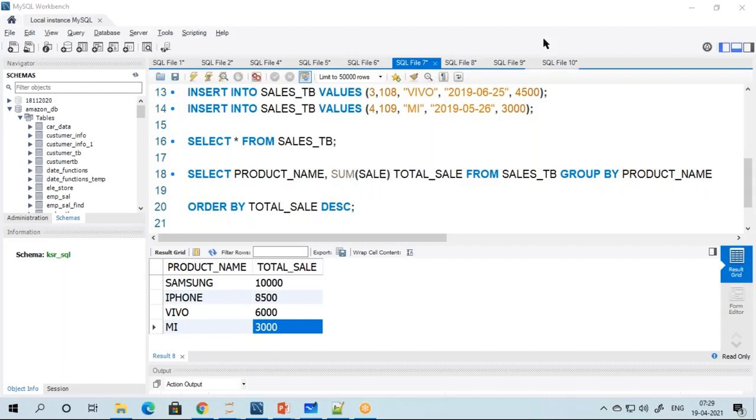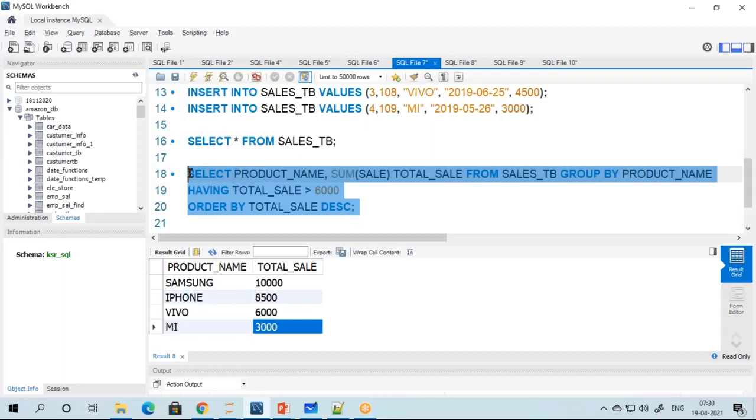If it is having, tell me the query. Group by product name having total sale greater than 6,000. Now if I go and run this,